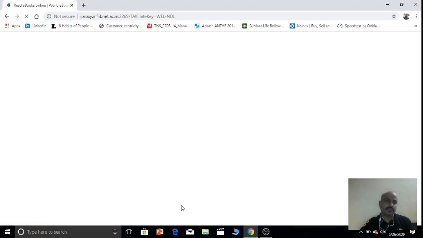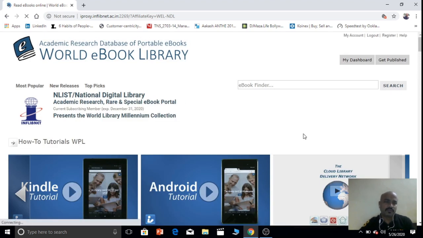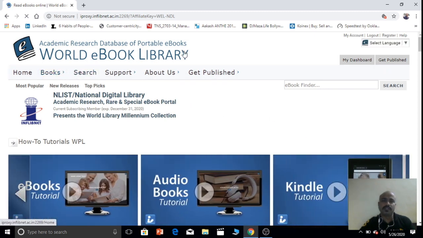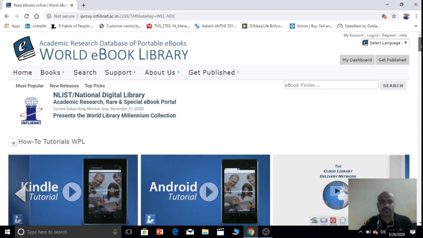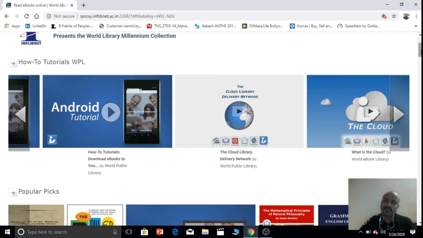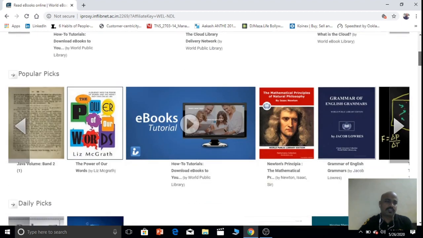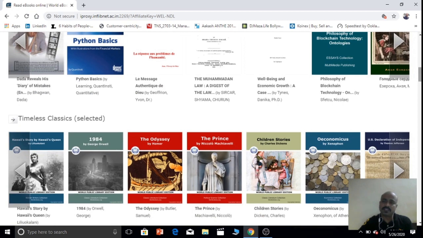It may take some time to search. Here we can see the World's ebook library homepage. Here various e-resources are arranged according to various categories. First is how to tutorials, WPL, popular picks. We can scroll down and see daily picks, timeless classics selected,